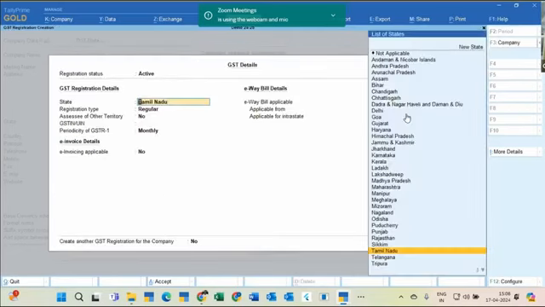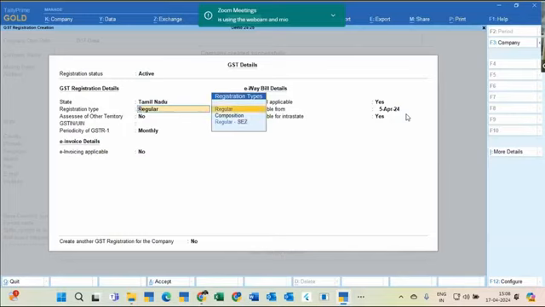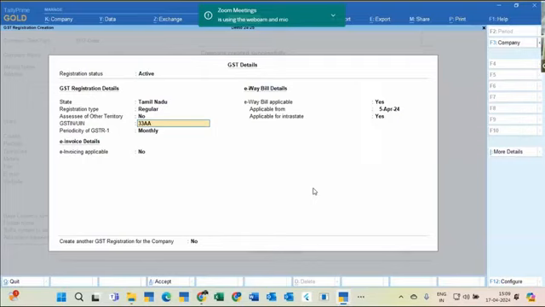And by default, it will tell me Tamil Nadu. It picks up from my main database, which I have given earlier. And then it is asking me whether I am going to go for regular, composition, regular SEZ, and then whether I am an assessee of other territory. It's asking me this basic information, and then I have to give a GSTN number,